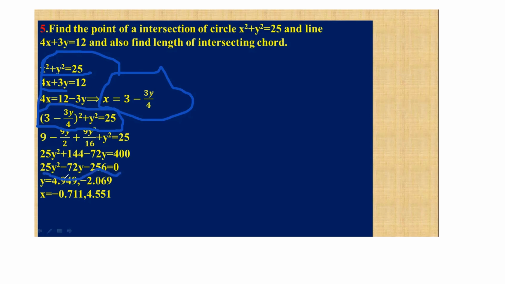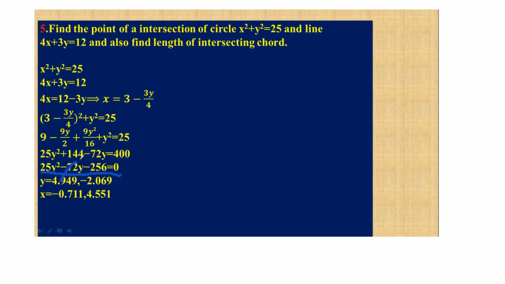it gives this one, 25y squared minus 72y minus 256. This is the quadratic equation. Using the quadratic formula, the values of y are 4.919 and minus 2.069. When you substitute